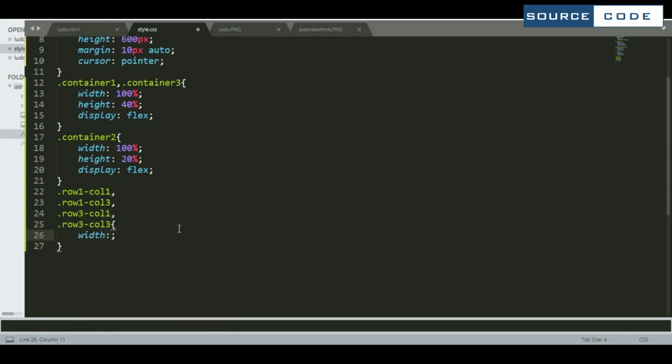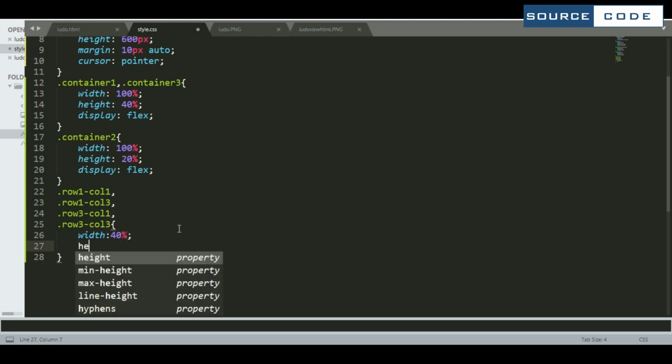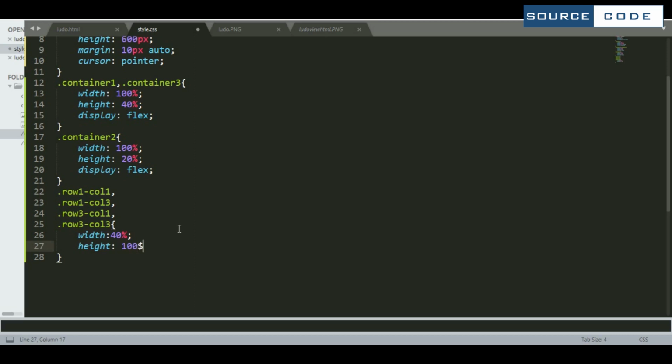Make the width as 40% because they are going to occupy 40% of container 1 and 3. Make the height as 100%. Align items to center, justify content also to center and display as flex.